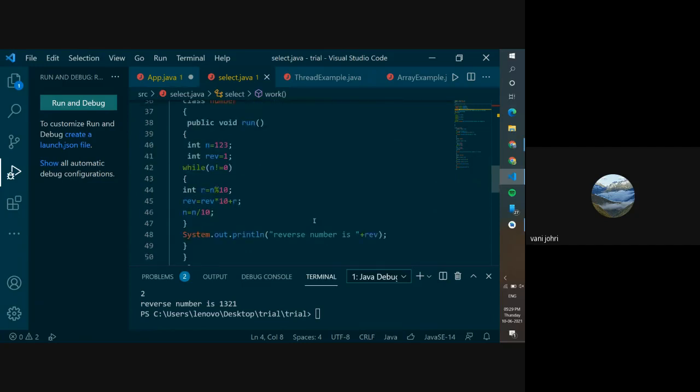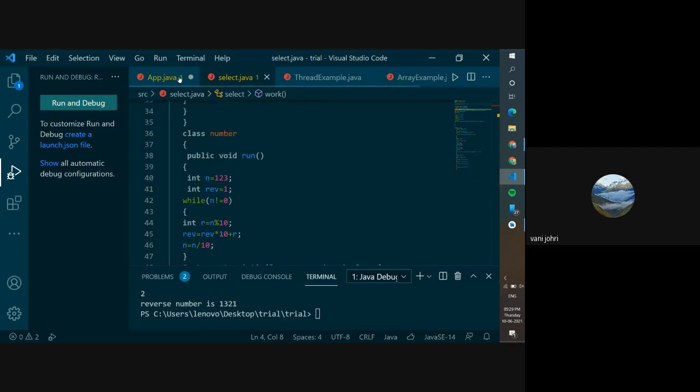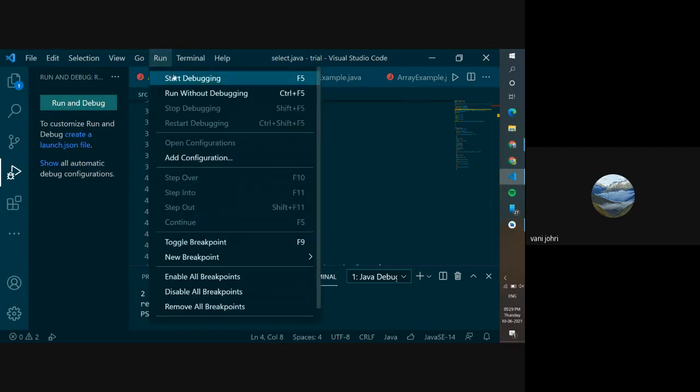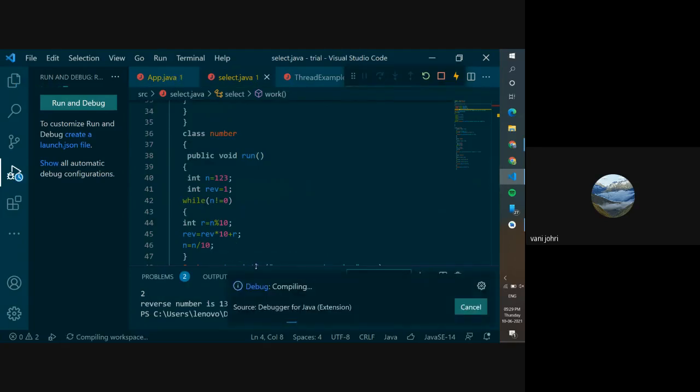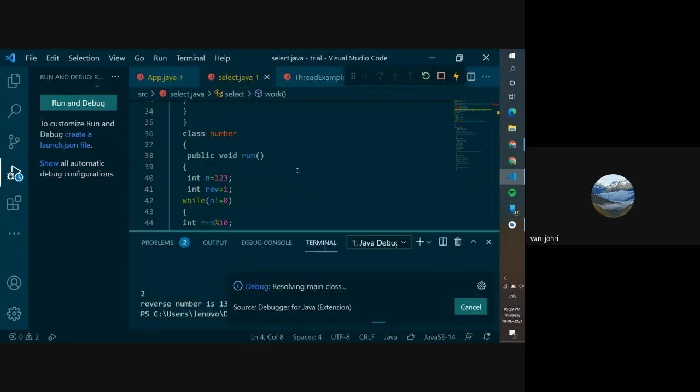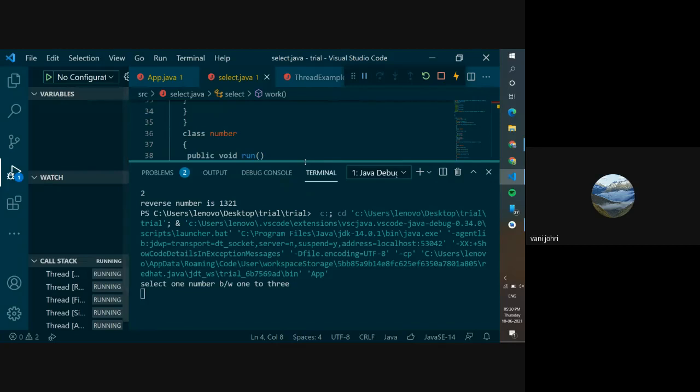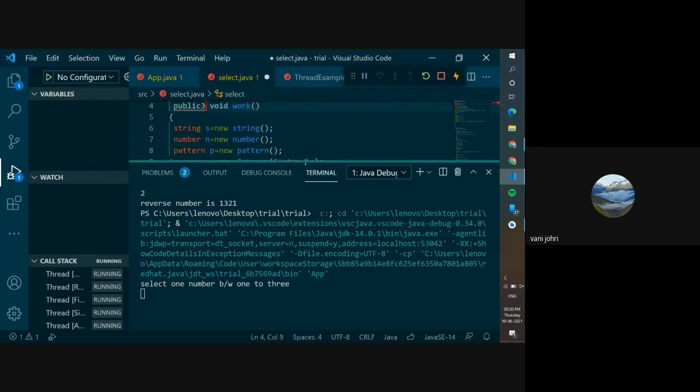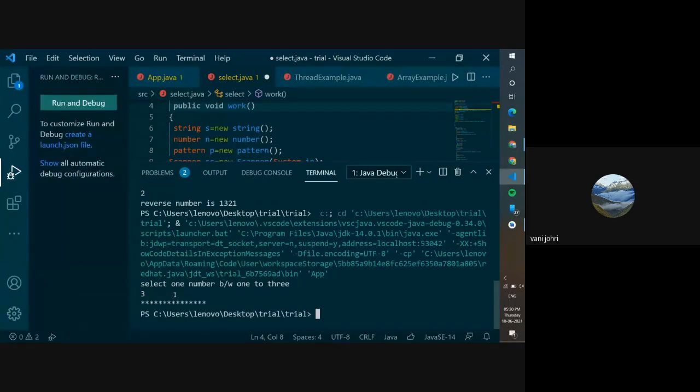Okay, we'll check that in a second. Let's try doing the third part. Okay, so pattern also kind of didn't work.